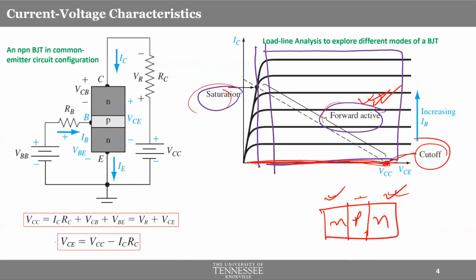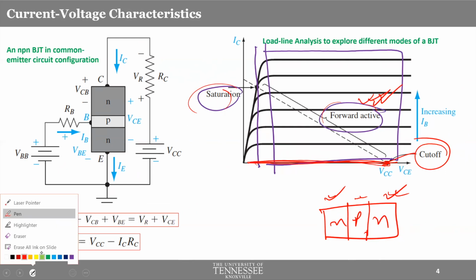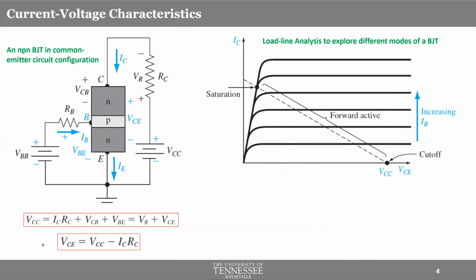That is, in this slide, let me clear it off again, erase all ink. So this is IC versus VCE characteristics, which is called the output characteristics, because you're dealing with the output of the BJT. Now, we are ready to look at one final thing about this graph, which is this dashed line that you see. This is called